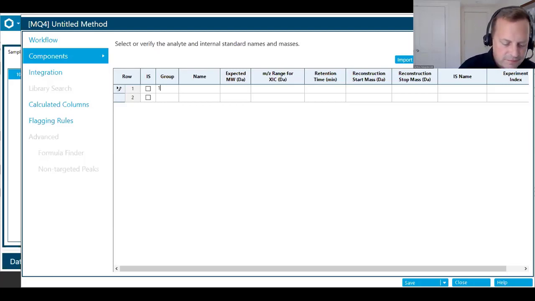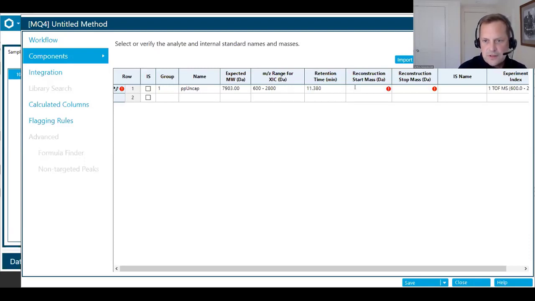And then here I can start adding in the different capping intermediates. So in this data, I have doubly phosphorylated uncapped species. I've already defined this. So my expected molecular weight is 7903. And then I can put in a retention time that I expect it to be at. And from the raw data, I've already identified these. And then the mass reconstruction area, these are somewhere in between 7,000 and 9,000 species. So kind of continue down the line